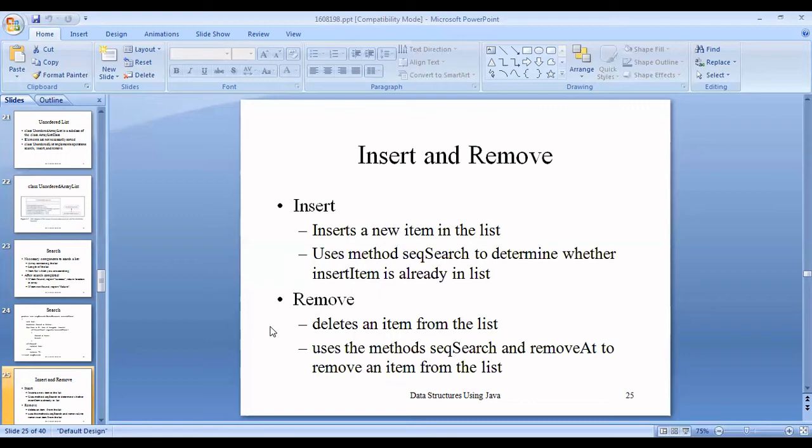If the item to be inserted is not in the list, the new item is inserted at the end of the list, and the length of the list is increased by 1. Also, the item to be inserted is passed as a parameter to this method. The definition of this method is